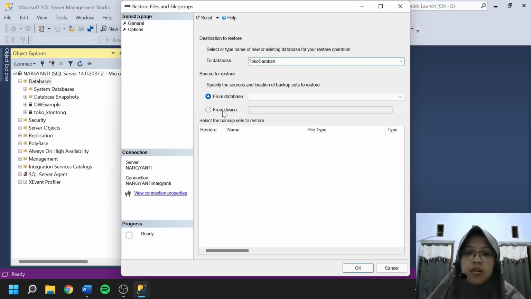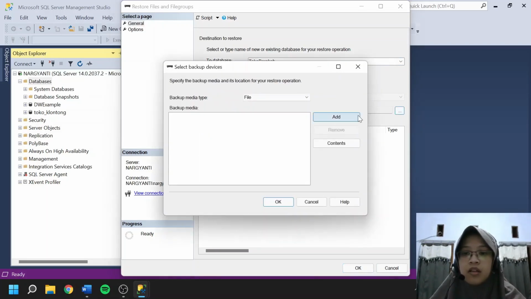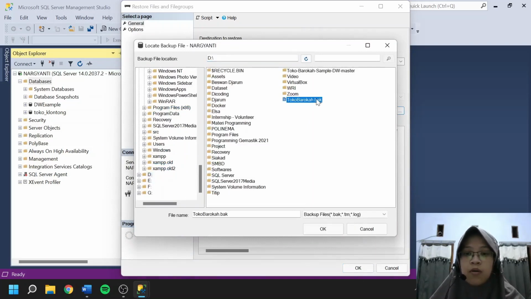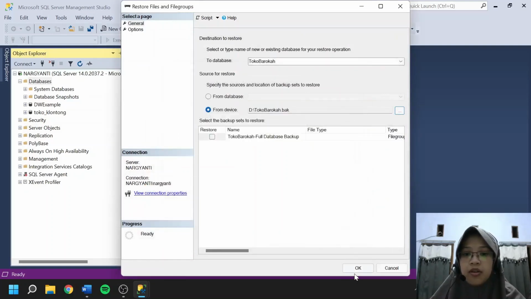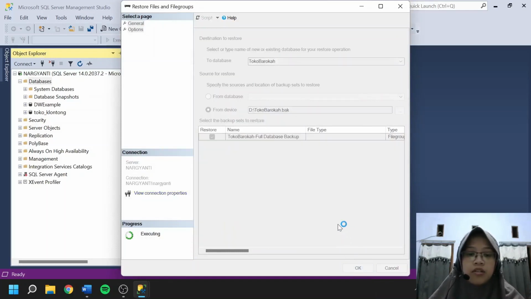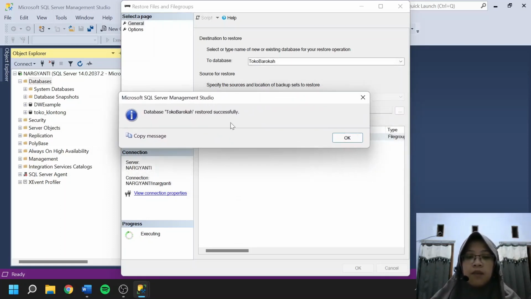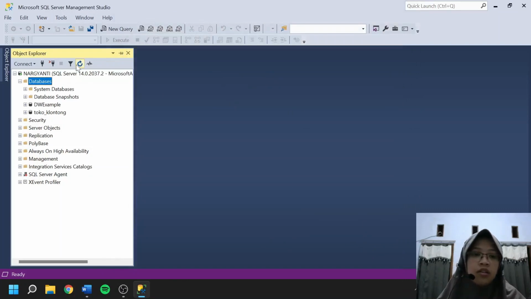Then we choose From device, click this button, click Add, and search for the Toko Paroka backup file. Click OK, click OK, check the restore, and click OK. If the database is successfully restored, a message will appear saying the Toko Paroka database restored successfully. Then click OK and click refresh.